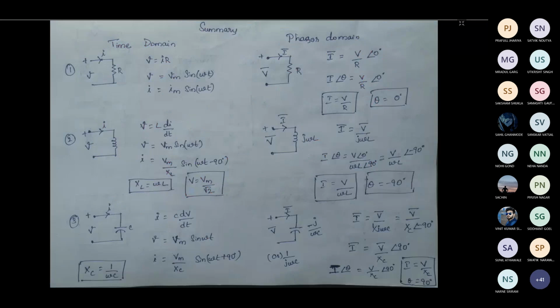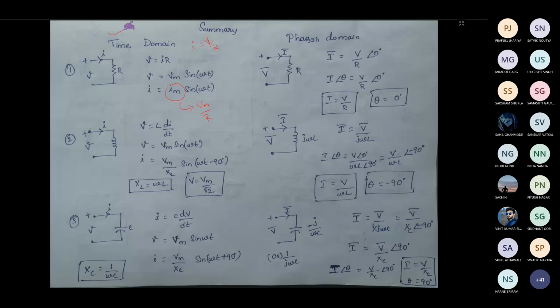So to summarize whatever we have seen in the last two classes, if you have a resistor like this and some voltage across the resistor, the current flowing through it can be defined just by I is equal to V by R. So if V is equal to Vm sin omega t, then I can be given by V divided by R. This magnitude is given by Vm divided by R. So the current can be written as I is equal to Im sin omega t.